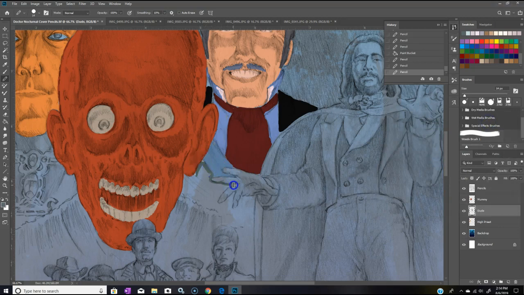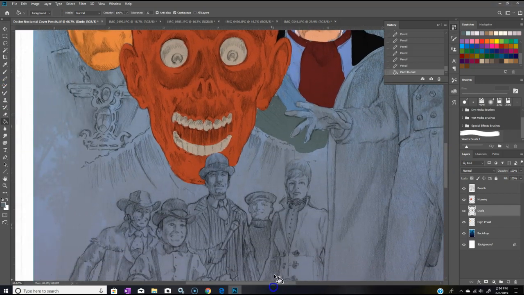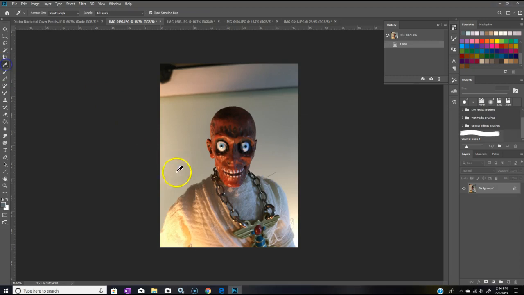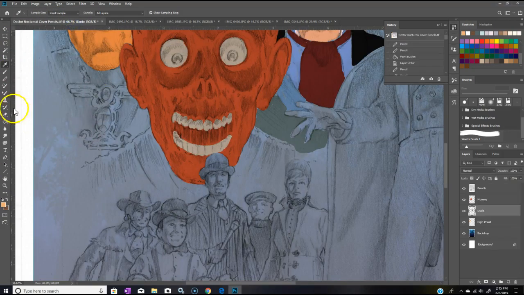And eventually what I'll wind up doing is having this color fade out to that lighter, the actual color. And like I said, just blocking it in for now. The same thing: we should probably go back through and put in some block color for the mummy. So let's go ahead and grab both of these right here. Grab that shade right there and this shade right there. We'll use both of those and just do a quick